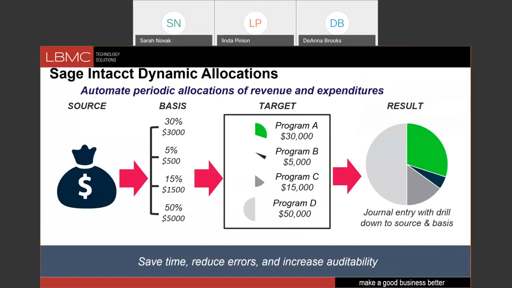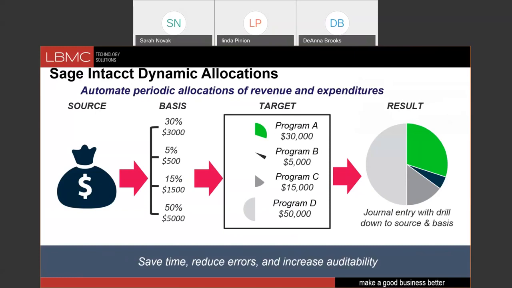So what dynamic allocations does is it takes that source, or if you follow along from left to right on the slide, it takes that source of money, so that bag of money, and it applies a basis and a target to create the journal entry automatically and have that drill down to the source and basis. So we're going to eliminate that manual journal entry, and we're going to do that by way of you setting